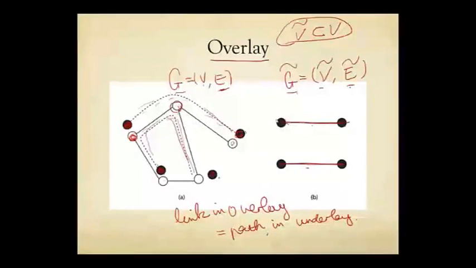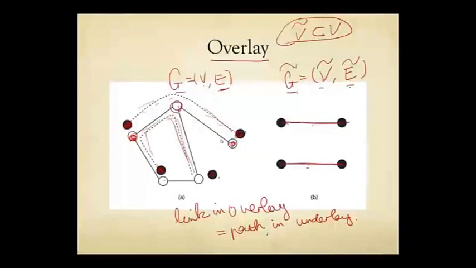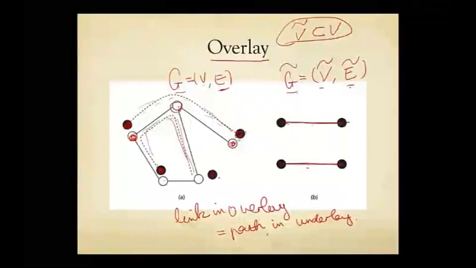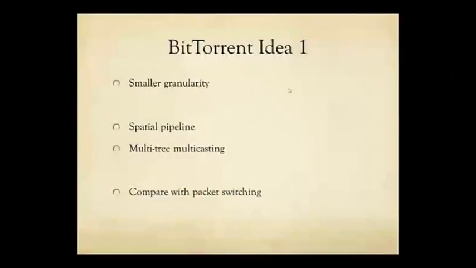So this is the idea of building an overlay. You can say, you know what, if I cannot change the routing protocol down there, I'm going to just establish a tree or mesh or some kind of graph among the sources and destinations. Let's say these are the BitTorrent machines alive at a given time. And then build my own network G2D. That is the powerful idea of overlay.